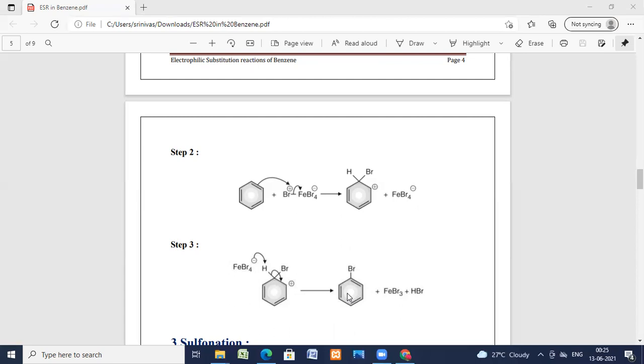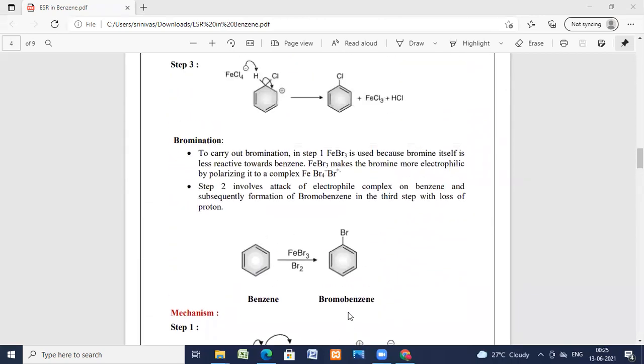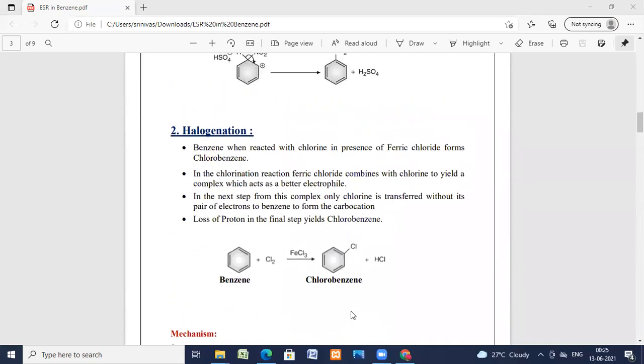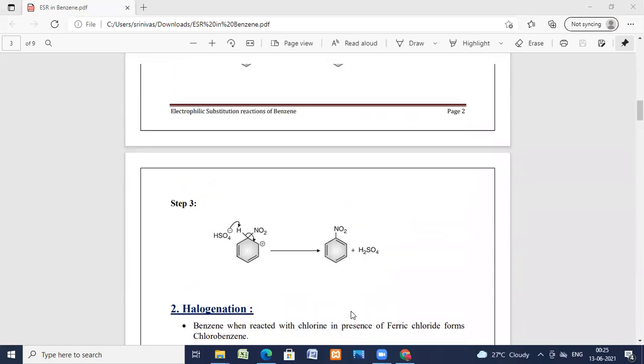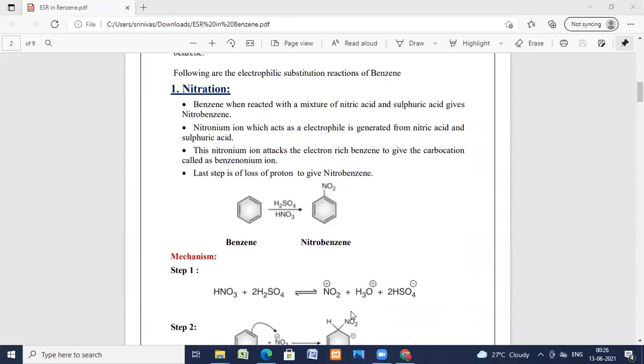So these are the two electrophilic substitution reactions which we have discussed in today's class. One is the nitration of benzene, the second one is the halogenation. So whatever it is, the five electrophilic substitutions are nitration, halogenation, Friedel-Crafts alkylation, Friedel-Crafts acylation,